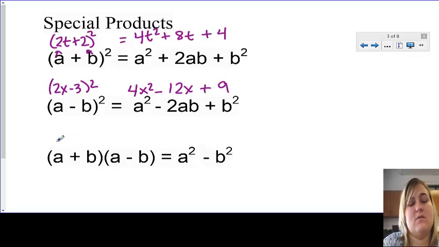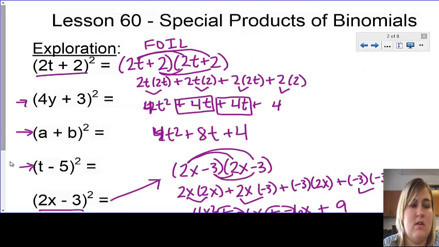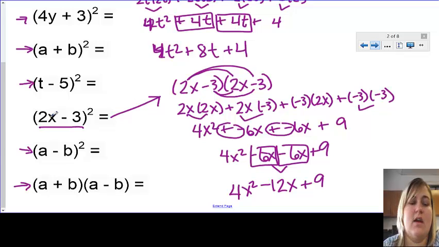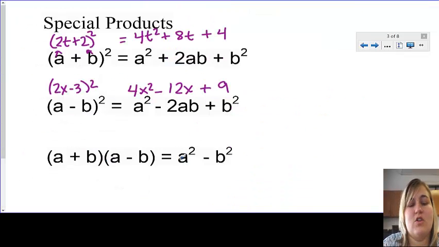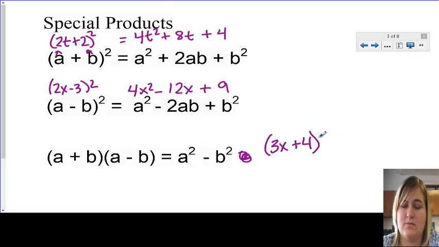Now this one, we didn't do one of these together, but you should have done one on your own. And let's go back and see what that one was. Oh, it's just the actual problem. Okay. So on this one, you're just taking a squared minus b squared. This is a difference of 2 squares. So all you had was a, you squared it, and then since they're opposite signs, we have a negative, b, and we squared it. So if I had, let's say, 3x plus 4, and it was times 3x minus 4, okay,